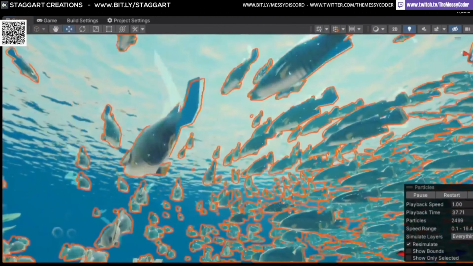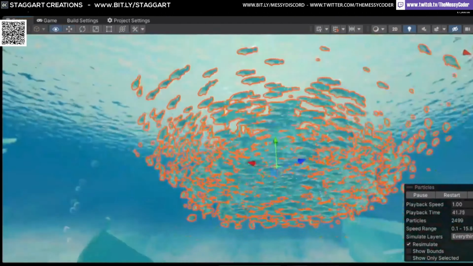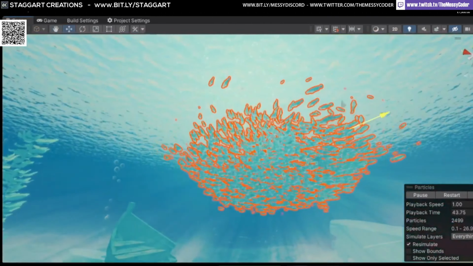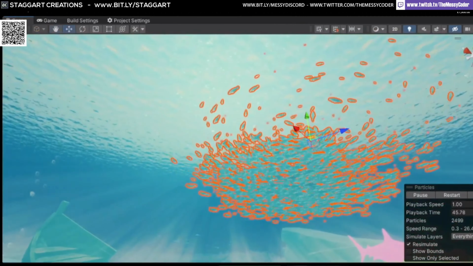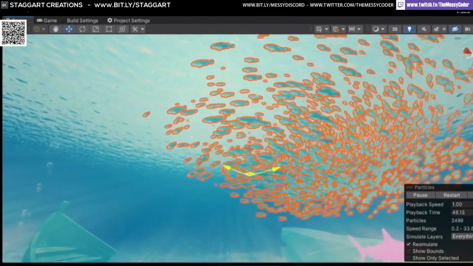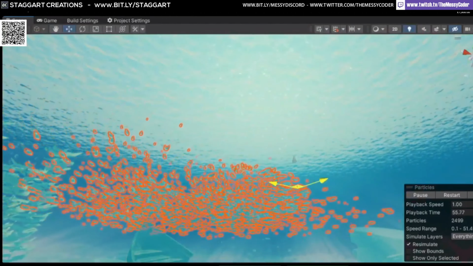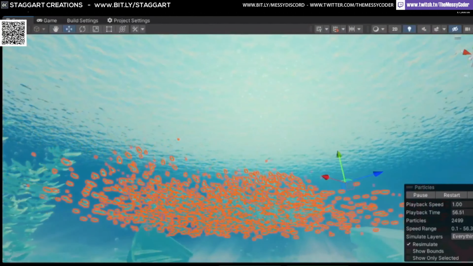So my old fish flocking tutorial that I made many years ago is obsolete now, because you do it all with shaders and particle effects. They constantly want to circle around the origin, so it's usable for making a little, quote unquote, flocking shoal.